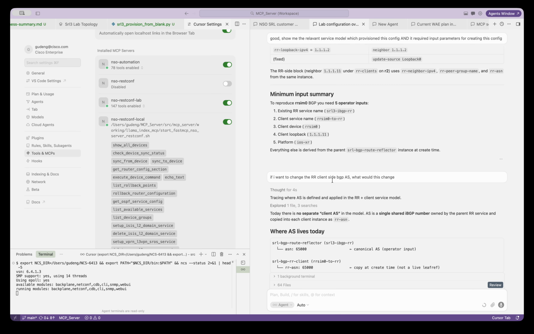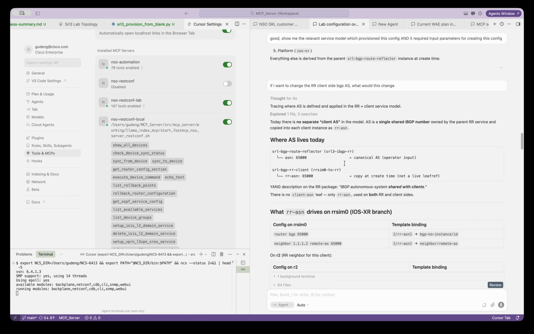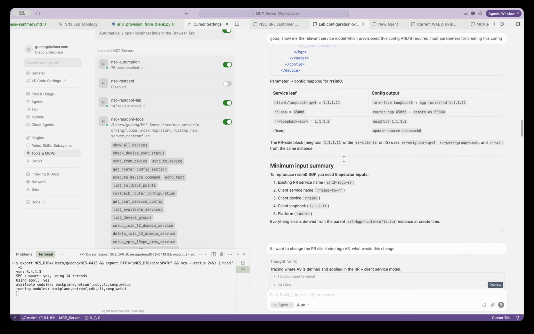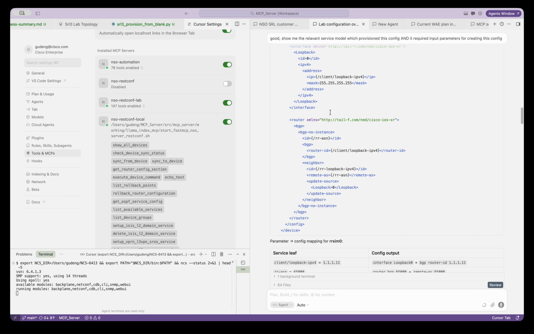Then I was challenging Cursor, saying, okay, if I want to change the BGP AS of this whole setup, what would change in those service models? And it says, well, it didn't model it today because these are set by default. So you see, this number is set by default. No parameter input.